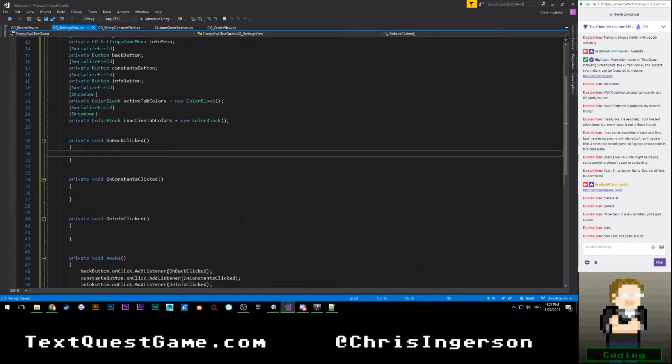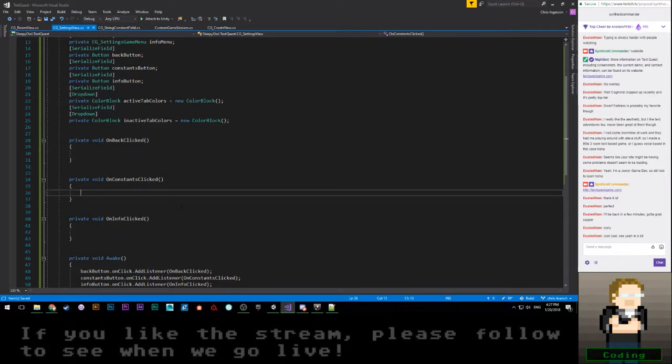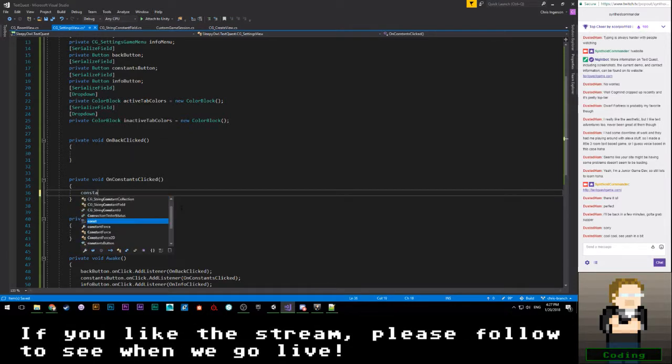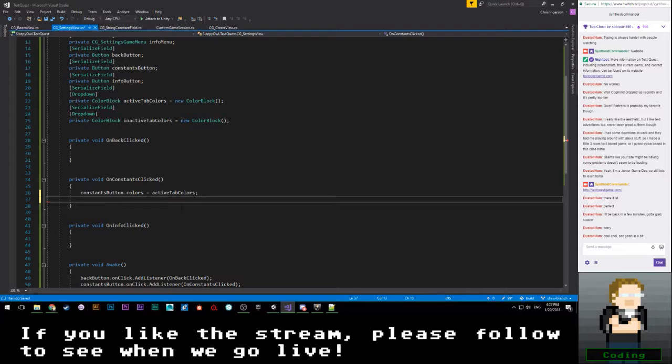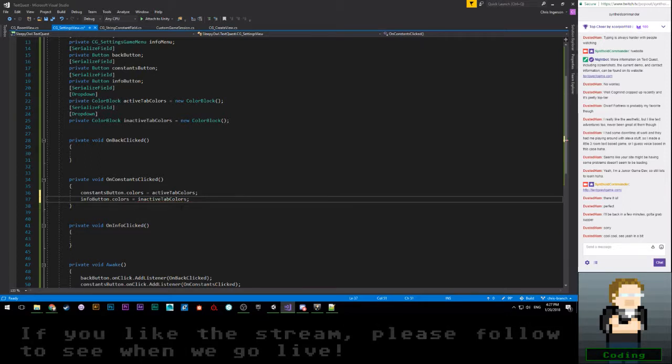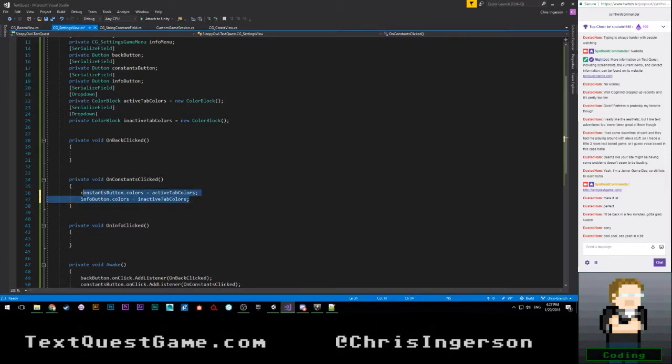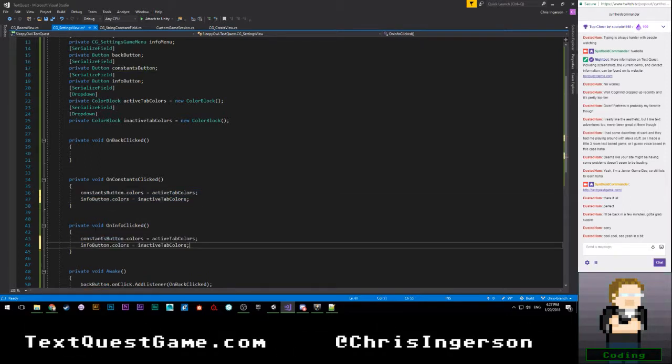So on back click, we're going to go ahead and say, oh, not there actually, on constants clicked, we're going to go ahead and say constants button dot colors is equal to active tab colors. Then info button dot colors is equal to inactive tab colors. Go ahead and grab that, move these down here.